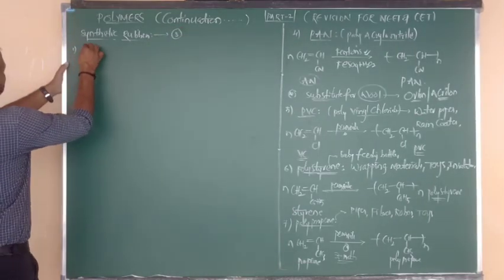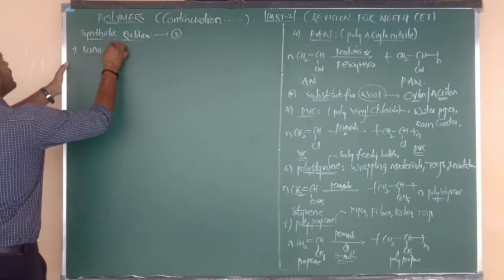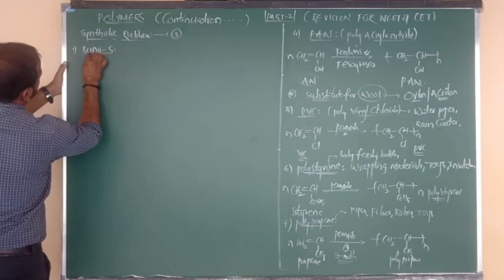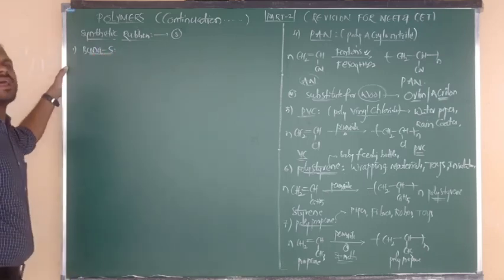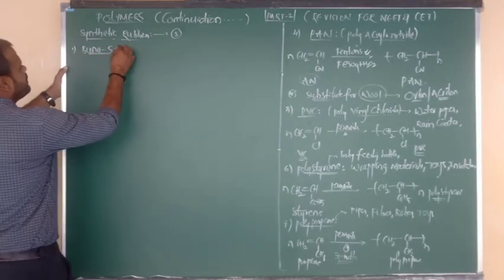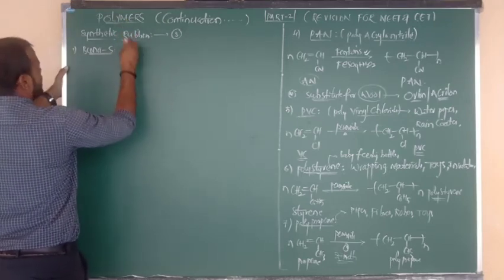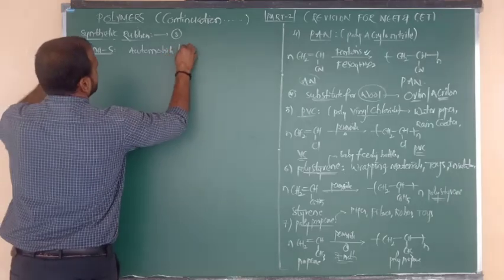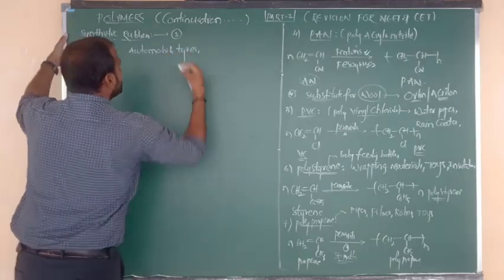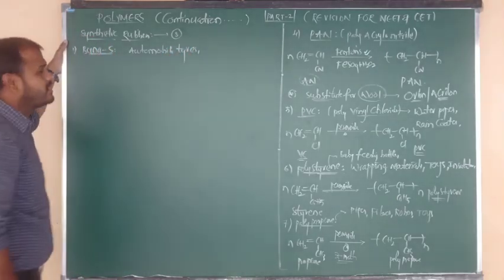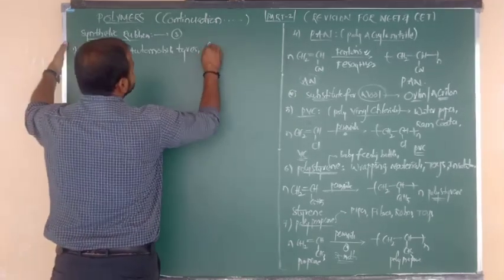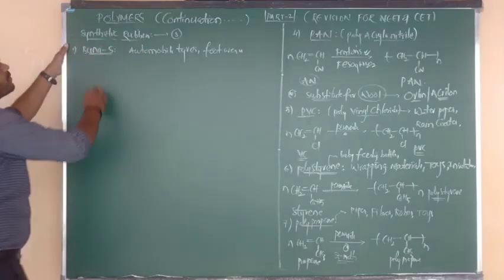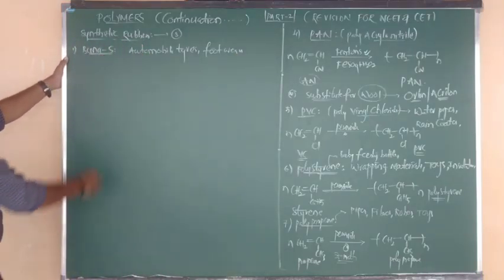Number 1 is Buna S rubber. Which rubber, beta? Buna S rubber. First of all, tell me, what are the uses of Buna S rubber? Buna S rubber is used in making automobile tires. Where do we use it, beta? We are using it in automobile tires, and also in footwear. Most of the footwear is made with what, beta? Buna S. Next, let us continue.